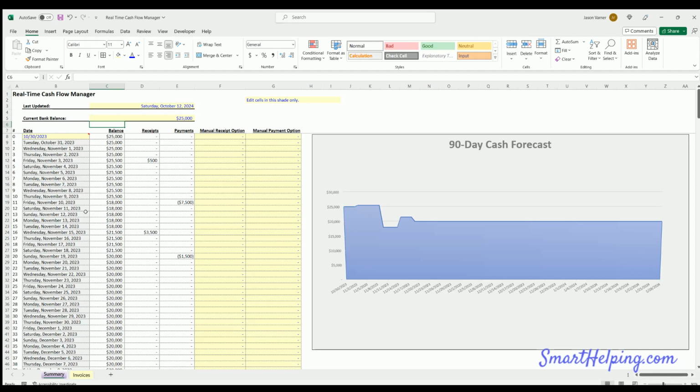If you got a big capital expenditure coming up and it's going to be expensive and make a big hit, you want to see, well, based on when I'm going to collect some money and bills I have to pay, am I going to have enough to sustain that and go forward and stay above negative cash. Now, if this goes negative, let's say,